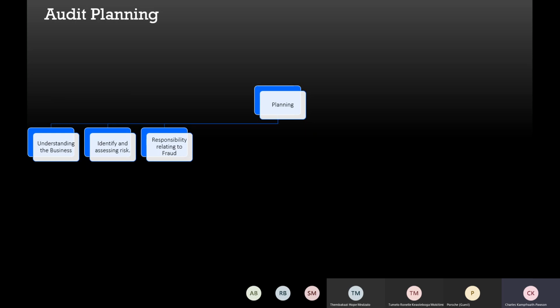But if we speak about responsibility, it's not our responsibility to detect fraud. So Siamkela, I'm getting back to your point there. It's not our responsibility to find fraud. We must just execute our audit procedures to the best of our knowledge and our ability on the sample that we're going to test eventually. And if we come across fraud, it is happenstance. We found it. We didn't go looking for it. Okay, so that is to clear up the whole responsibility relating to fraud.